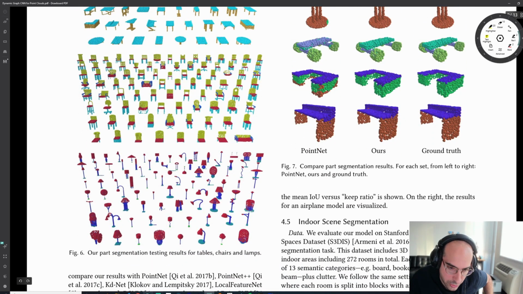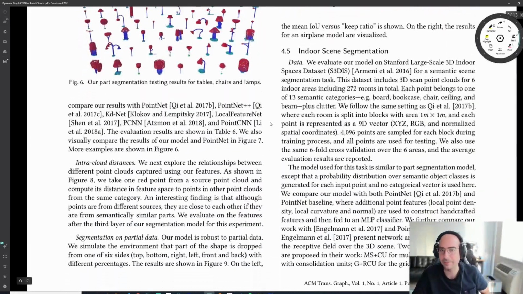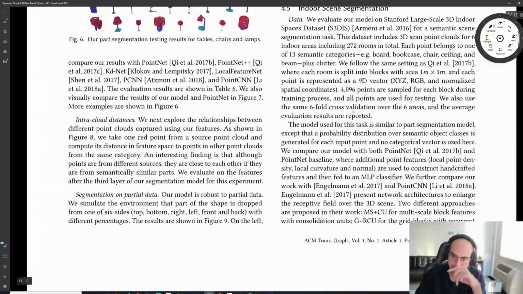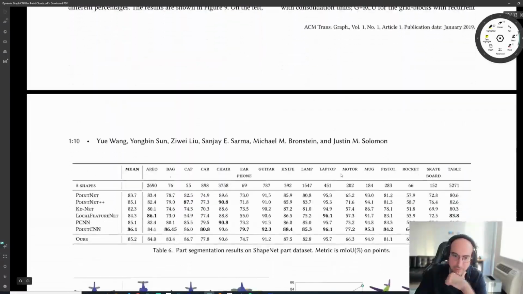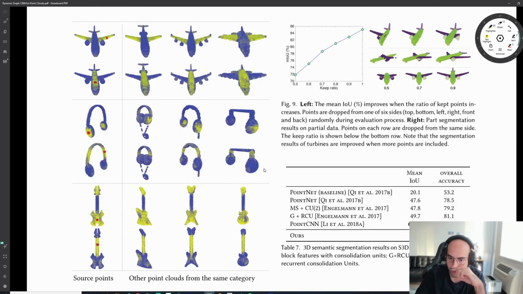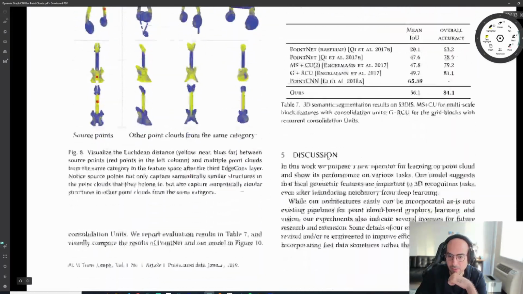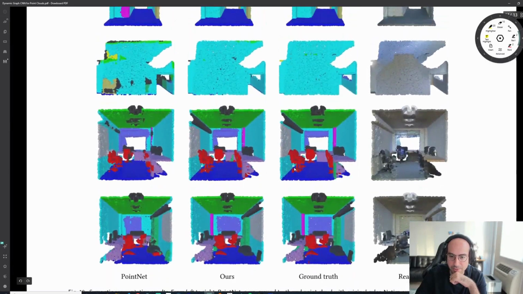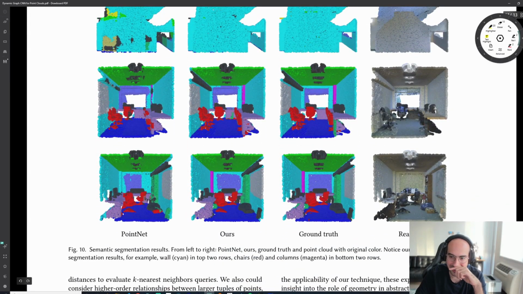But what's cool is they render a whole bunch in this data set, and there are a couple of applications to this. Another one is indoor scene segmentation. So you're taking an apartment and you want to figure out where everything is, what's the wall, what's the furniture, etc. So this is the indoor scene segmentation. These are the real colors, and the colors in this case represent actual classes. One way to think about this is, you could also even generate this from a 2D image, using